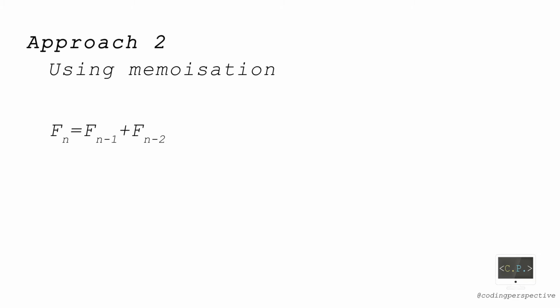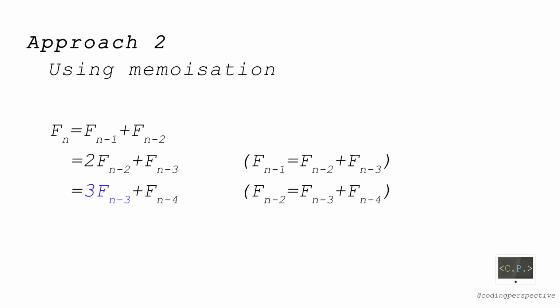Recall that our aim is to compute fn for a given n. To do that, we first need to compute fn-1 and fn-2. Or it would be enough to compute fn-2 and fn-3 since we can obtain fn-1 with fn-2 and fn-3. In the previous approach, notice that we will need to compute fn-2 twice. If we go one more step further, with the previous approach, we will need to compute fn-3 3 times. Do we really need to compute some sequence members more than once?